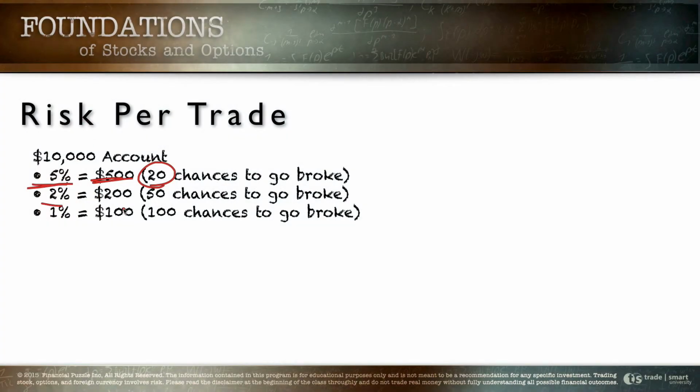If you risk only 2% on a $10,000 account, that'd be $200. Well, you'll have 50 chances to go broke. So I think that you're going to have a good opportunity here. The truth is, if you lose 10 trades back to back to back, you need to stop trading. Do not risk everything. Don't go for the full 20. Don't go for the full 50 chances that you've got. After 8 or 10, if you lose on all those back to back, stop trading.